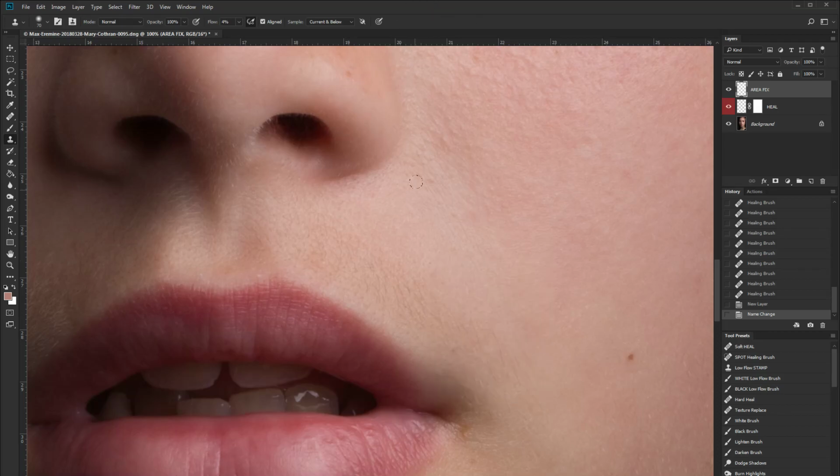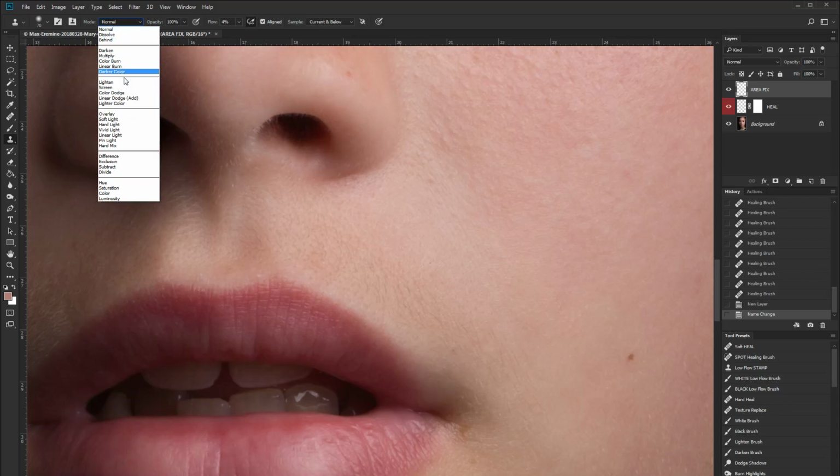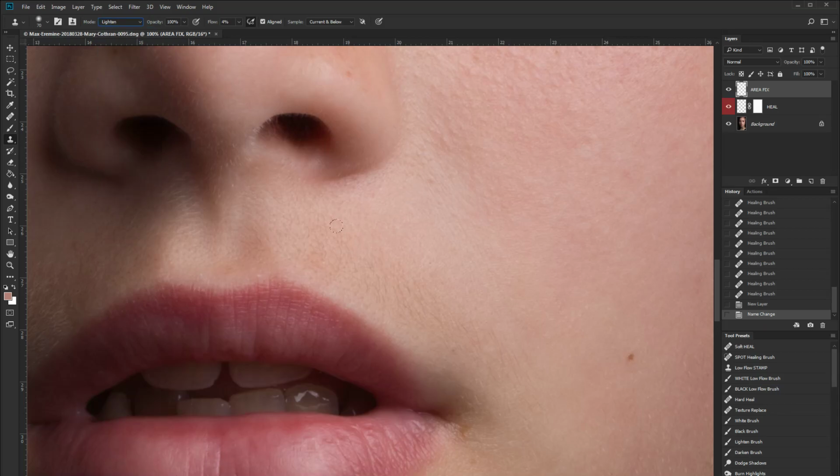However, I'm going to do one little thing. I'm going to change the mode to lighten. Why? Because, as you can see, these hairs are a little darker, and I want to slightly lighten just that area. I don't really want to affect the skin around it too much. Now, this is not a completely foolproof mode, meaning it probably will still lighten the skin underneath a little bit, but it will do less of that with the lighten mode switched on. Then I select the area here. This is where I'm going to be copying from, and I'm just lightening